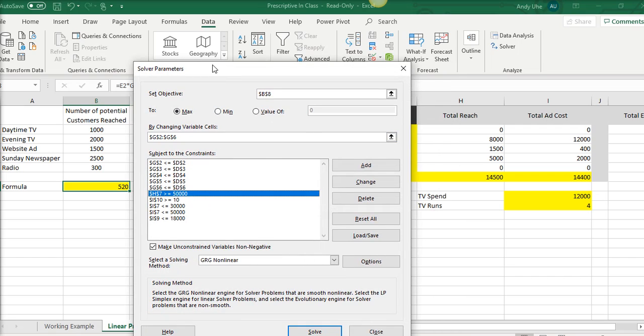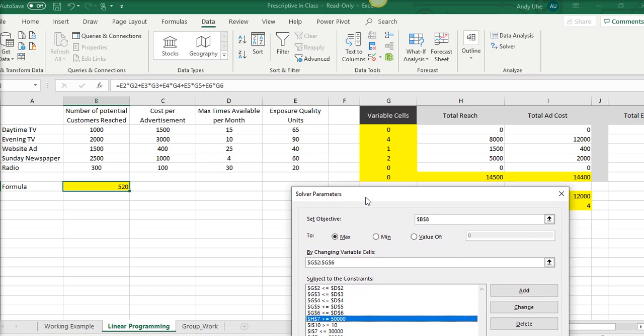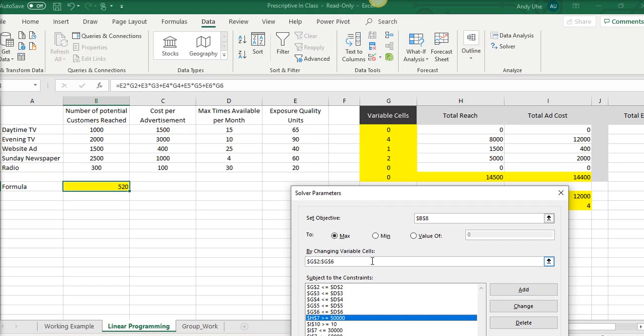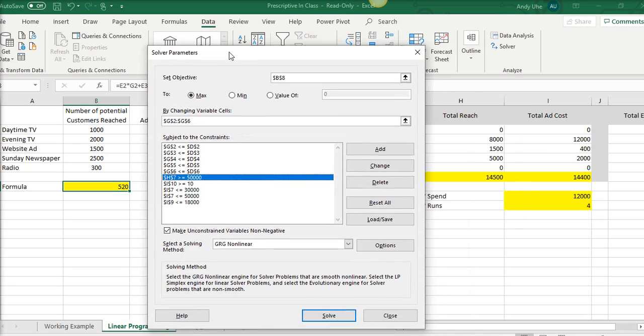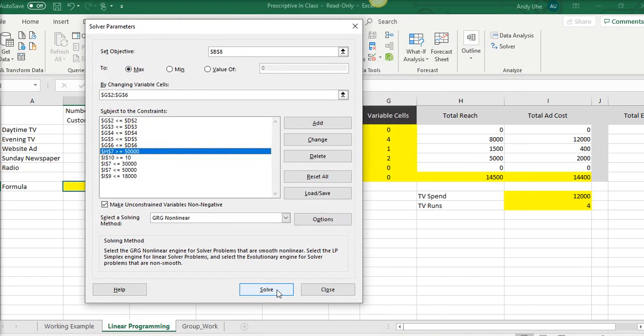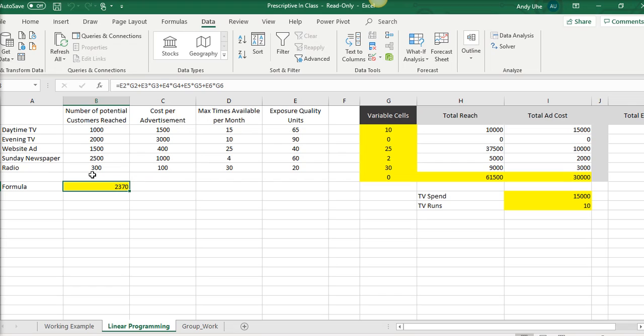You'll do that for all of the variable cells in G and compare it to D. Now here, we got tripped up in class over this a little bit, but here's H7, which is our total reach. We want that to be greater than or equal to 50,000 eyeballs seeing this ad, which is what the case specified. So that's what that's telling us. But you put these constraints in, and you're going to hit solve, and it is going to tell you that our maximum total exposure quality units is 2370, and that's based on running 10 daytime TV ads, 25 website ads,